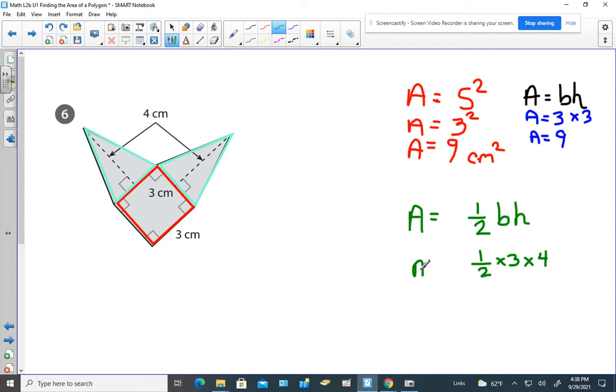Now I'm going to leave a little space, and it'll be clear in just a second why. If we press on with finding the area of one of the triangles, we might take half of 4, which would be 2, and we would multiply that by the remaining 3. And if we're interested in the area of one of the triangles, we would multiply 2 times 3 and get the answer there. But I want to remind you that we don't have just one, we have 2 triangles